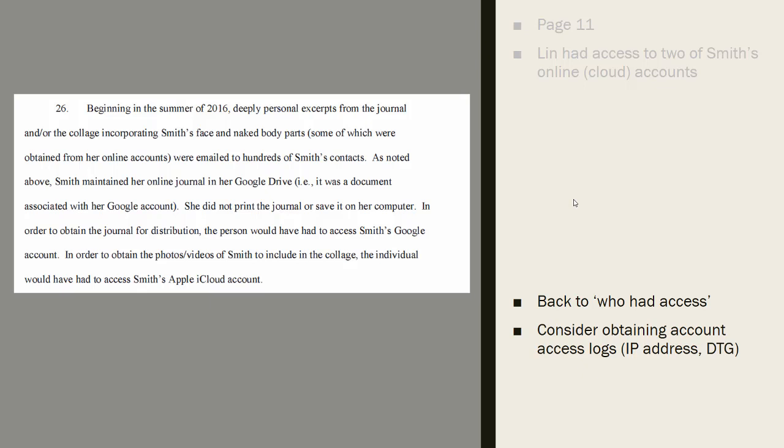Again, go back to who had access, and if you can find who had access, if you can get the login log, or the access logs, IP address, a date time group of when and where her account or the victim's account was accessed, potentially you can identify the suspect that way. If Len had been accessing her iCloud account through a home IP address that wasn't hidden, not realizing that his IP address is being logged, that can lead you directly to your suspect.